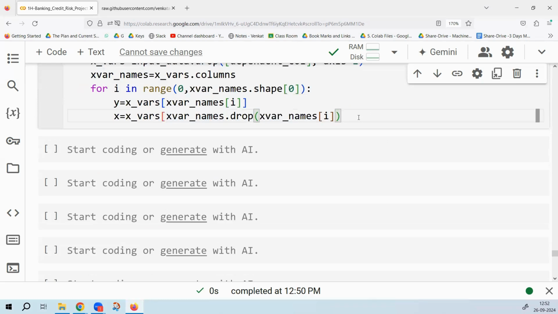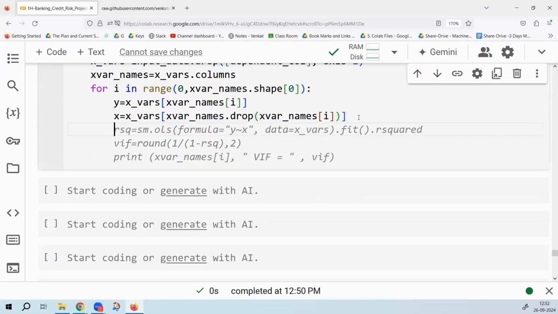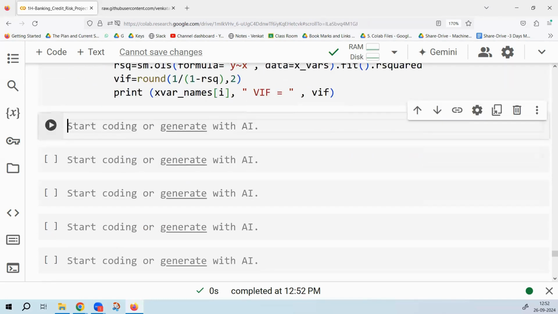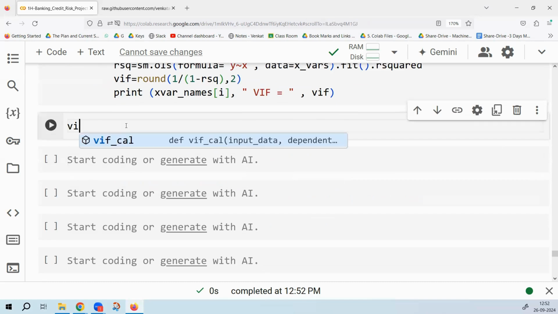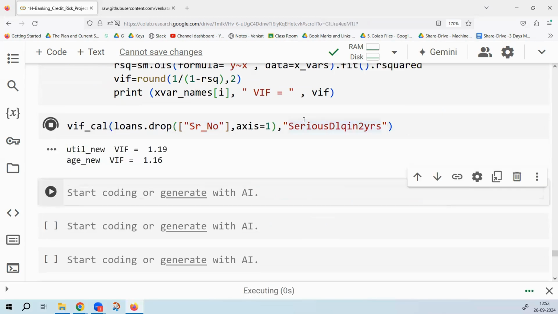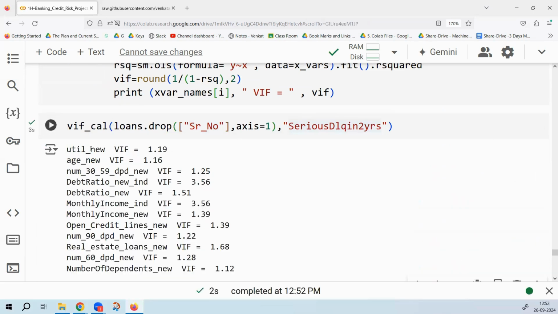Variables dot drop, this is the variable. And then build the model, get the VIF value. That is the VIF function which we can use for calculating VIF. So simply what I'll do is I will say VIF calculation, and then serial number not required, and target variable is this. This will give us all the VIF values. For utilization, VIF is